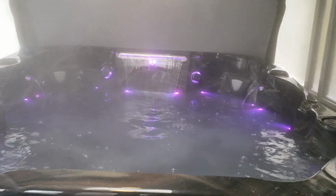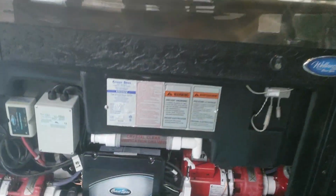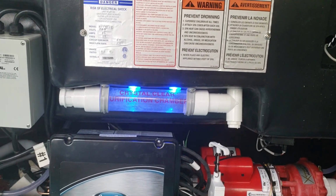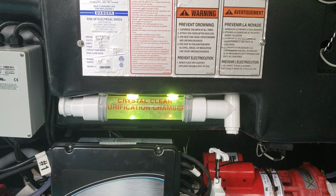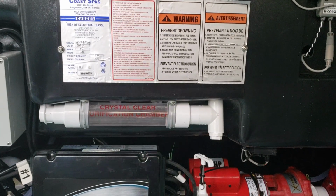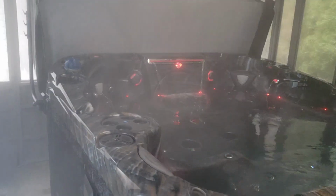And we'll step back. You can see our little purification chamber here has just the LEDs. They go through the same colors, which would be cool if you could actually see it with the cover on. Guys, take a step back here. The cover lift,